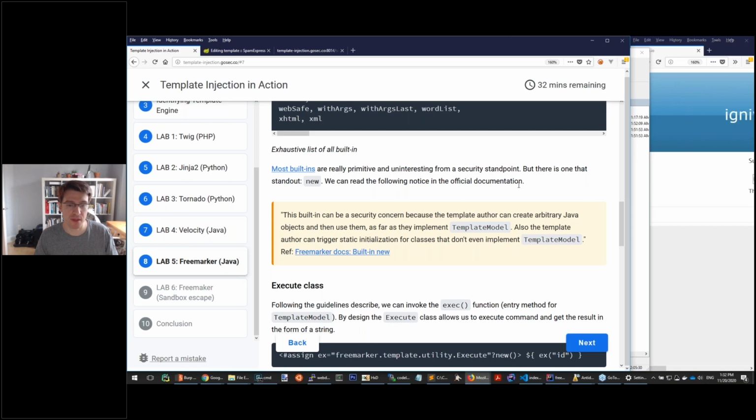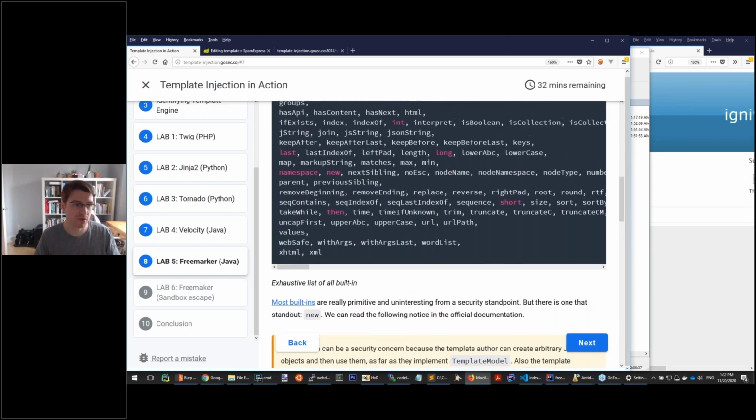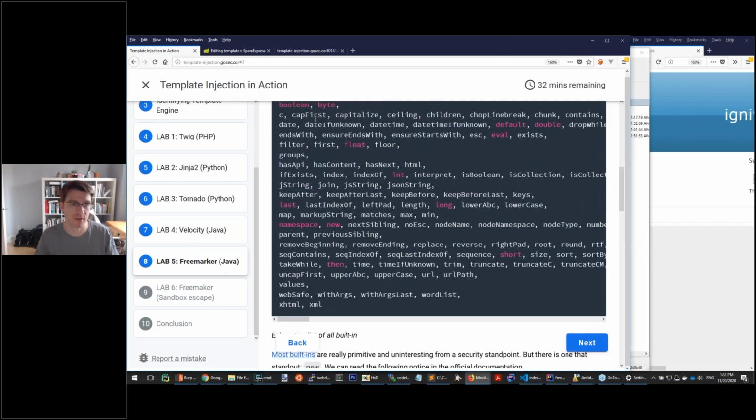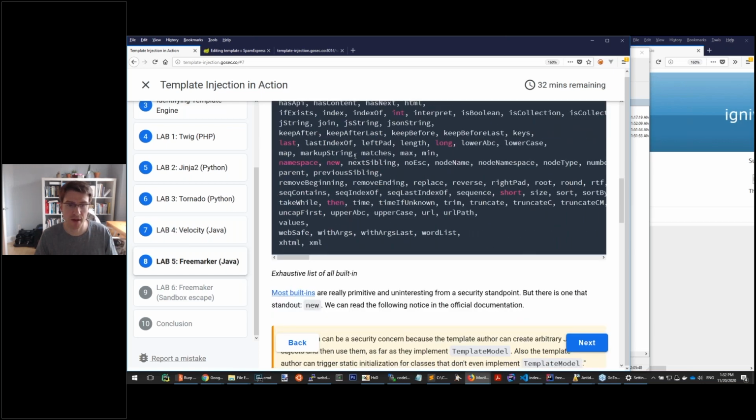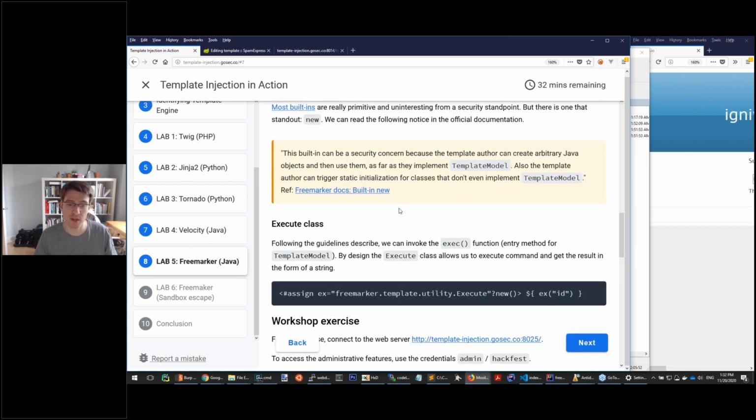Most of the built-ins are really primitive and will be useless for command execution. For example, abs will give you the absolute value of any float value. Most of them are really simple. But the interesting one is new, and we can see even in the official documentation, they are mentioning that there are security implications with this built-in. This allows us to instantiate any template model